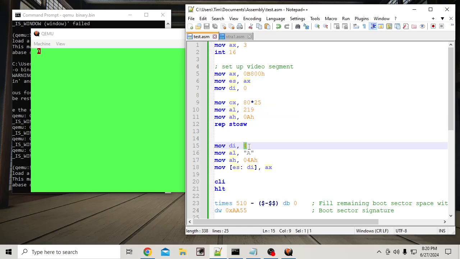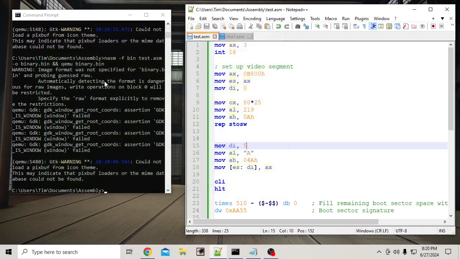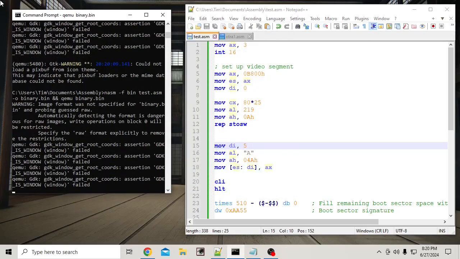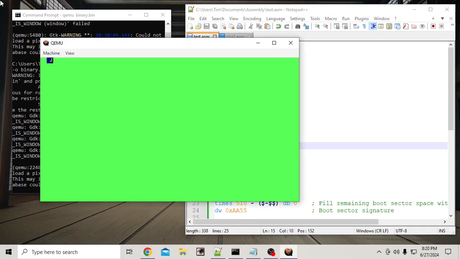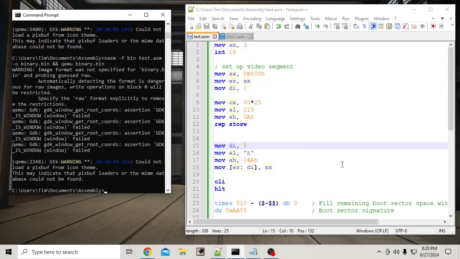If I were to put 5 in here, each character takes up 2 spaces. So I get some weird garbage after the character there. It's like an incomplete next character or something, because they each take up 2. So you could think of it this way, that whatever is in multiples of